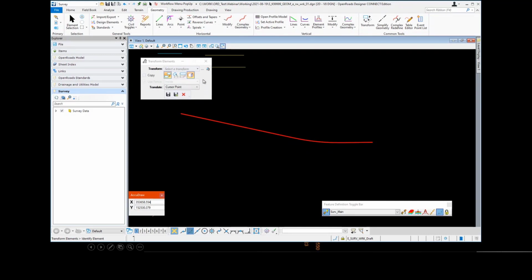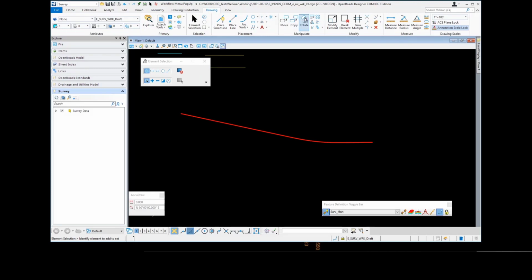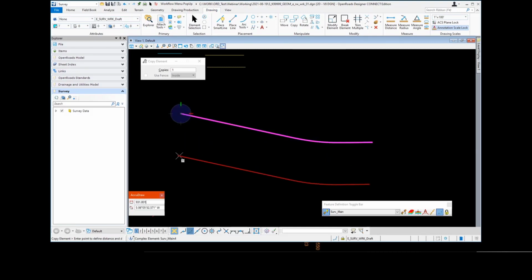So this is another topic. We could probably do a whole webinar just on using the transform tool. There was a transform tool in InRoads, and that's how we could adjust from an old project to a new project. But this is one of those situations where if I were to use a simple MicroStation command and try to copy this civil element,